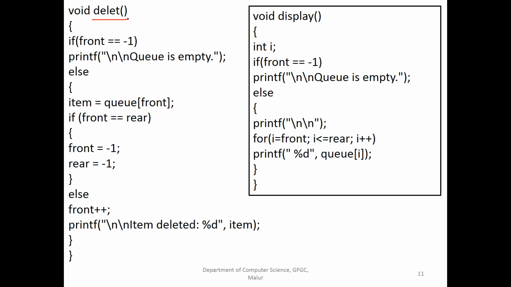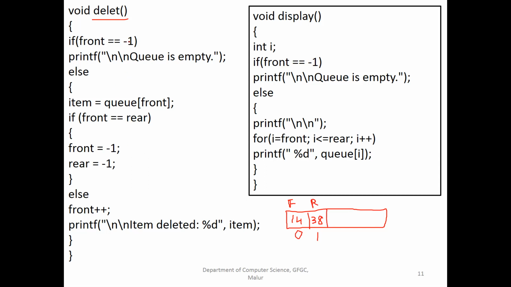For deleting an item in the queue, we take the previous example itself. See, we had inserted 2 things. First value was 14. Second value was 38. Front was 0. Usually in the array, this is 0, no? This is 1. And rear is 1. Rear position is 1. So this is what we have done in the previous example.